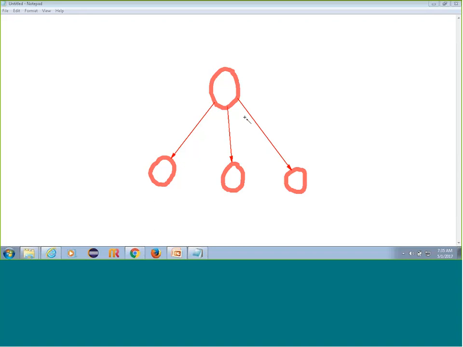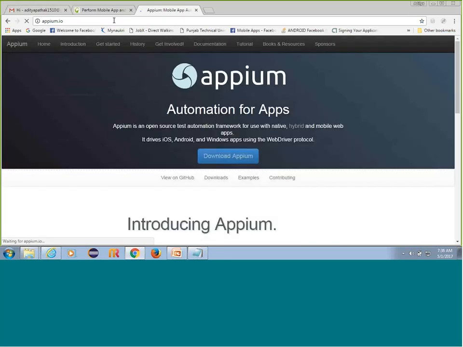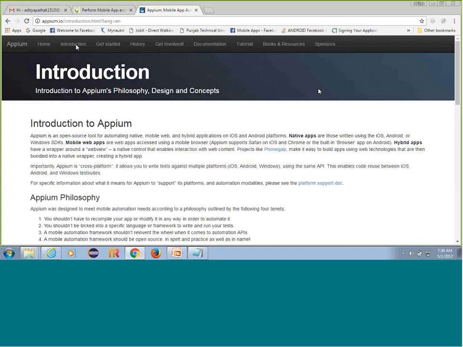Now the other question would be about what I was talking about, these API levels and all that stuff. So now we'll go to the official site of Appium and have a view over that. The official website of Appium is appium.io. Let's go to this website, and in this website, first of all, just click over this Introduction button. Tap over here, and if you come down,